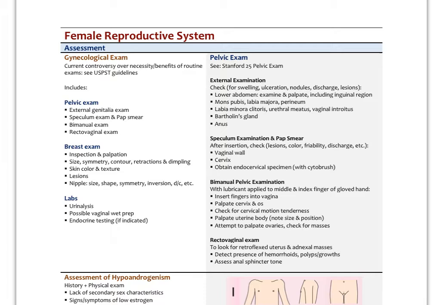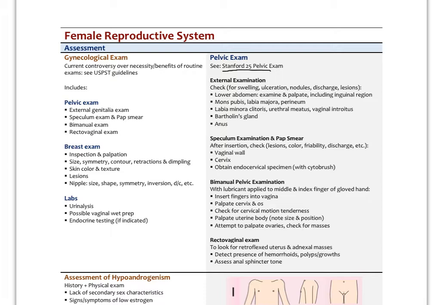So starting with the pelvic exam, this includes examination of the external genitalia, the speculum exam with the pap smear, the bimanual exam, which is used to sort of palpate the uterus and the ovaries, looking for any other lower abdominal masses, and then the rectovaginal exam. So that's all part of the pelvic exam. Stanford 25, which is a series of physical exam videos available online, is a really good resource for